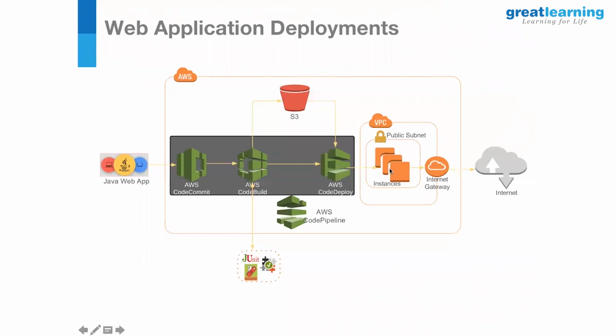And once this is deployed, I'm assuming this to be a web tier. I've placed it in a public subnet, and you take the IP address of the instance or the endpoint and directly place it on the web browser to view that the changes whatever you put is available here. That is very quick to see. This is one of our workflows. I'm going to show a demo of creating this pipeline later in today's session.